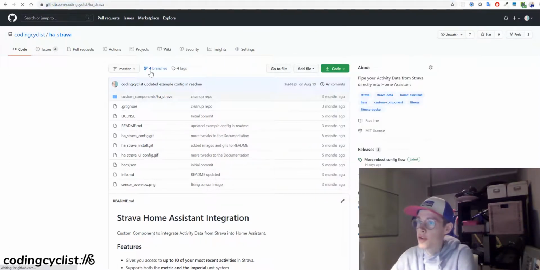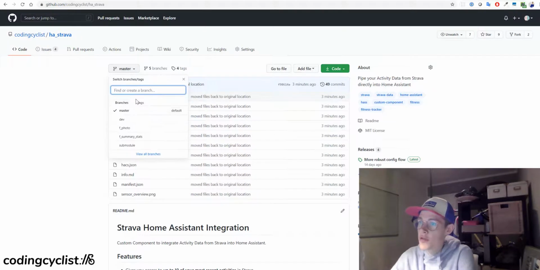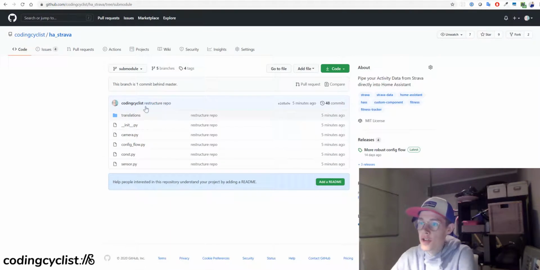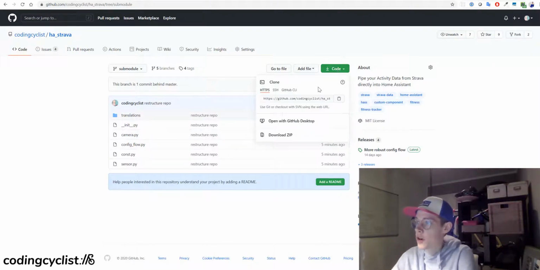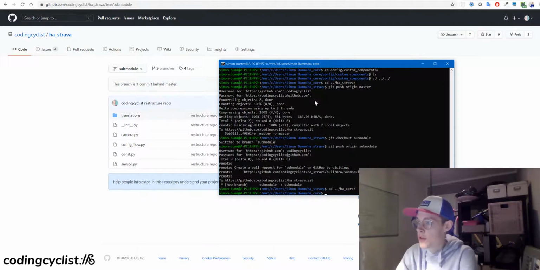Actually, so let's refresh. So master still has the same file structure, but if we now go to the submodule branch, it's all sitting right here at the root of this branch. And this is what we want. So we now copy this URL, move back to the Home Assistant core repo where we want to have our submodule, change to the folder where we want the submodule to be,